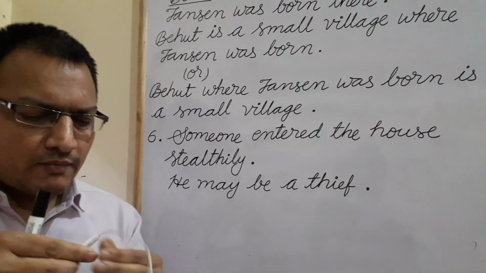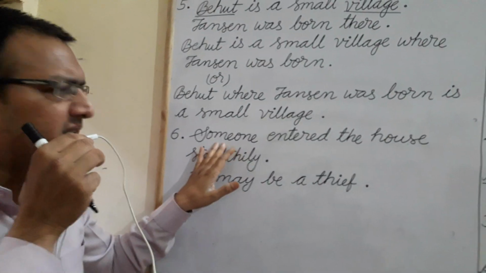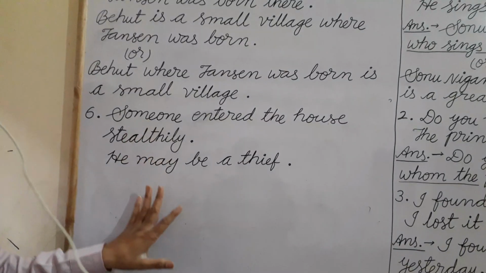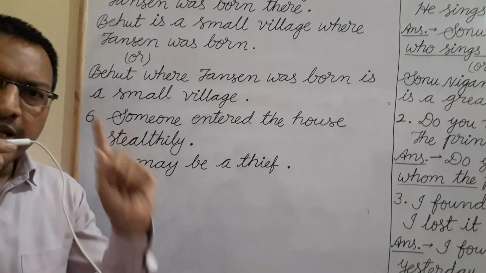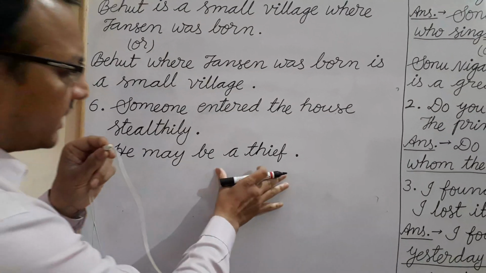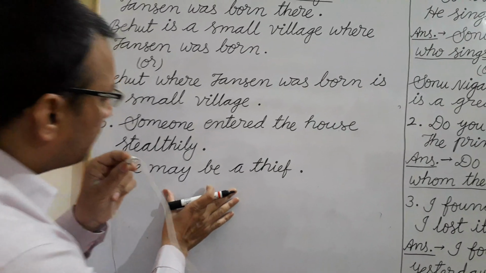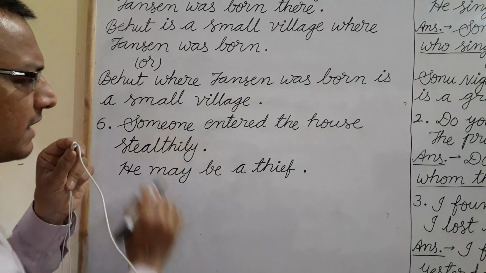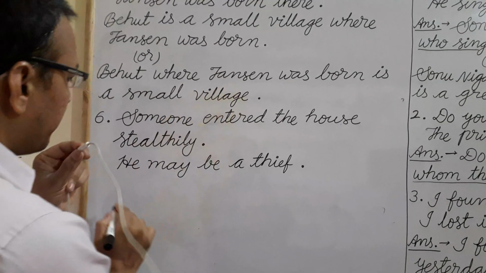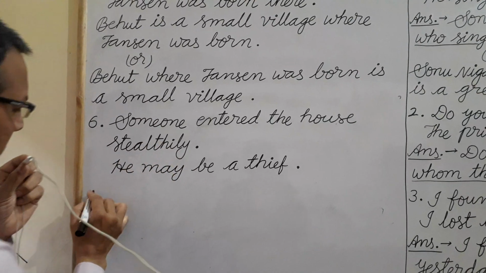Remember one thing, as I have already told you, when there is someone, somebody, anyone, anybody, everyone, everybody in the main clause, we use the word that for making adjective clause. So, he may be a thief, वह चोर हो सकता है. He may be a thief has been used for this word, someone. So the clause will be put just after someone, and the clause will be made with that. So the answer will be